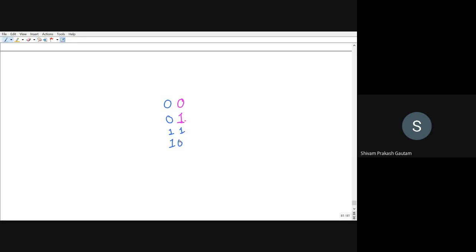And when you go from 10 to 00, then also only one bit is changing, which is this bit. So you can also represent this as 00, 01, 11, and 10. You can represent it this way.